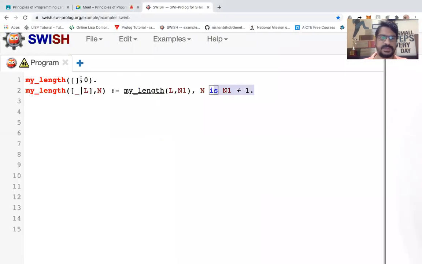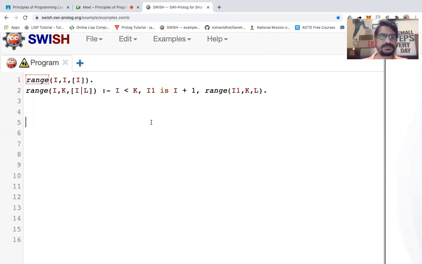So let's put it here and see the logic. So the logic is like that. I have the range, and it is starting with the starting symbol, ending with the ending symbol, and it is putting all those values into this particular list. So I want this particular list as output. I is the initial value, k is the last value, so how much it will go, and it will go from the first element up to the last element.